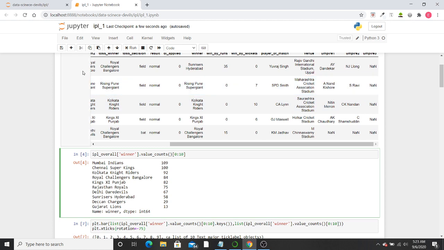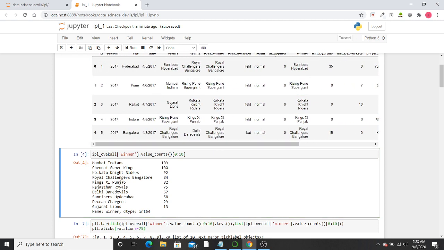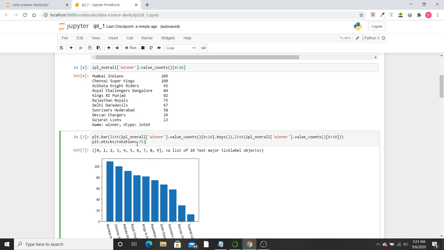Not the column name but the entity for that column which we want to count. So that column we are writing here. Again for plotting, we are using the plt.bar function, where we are passing the keys for the x-axis and the values for the y-axis.